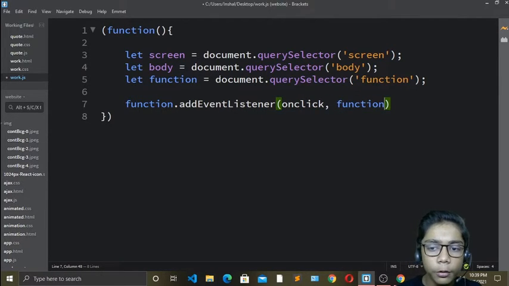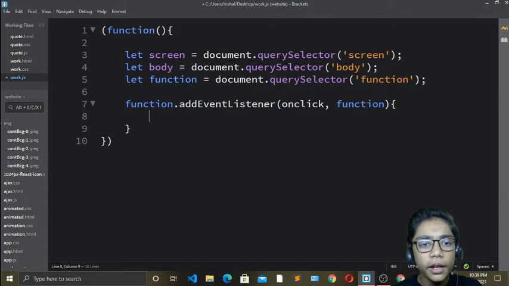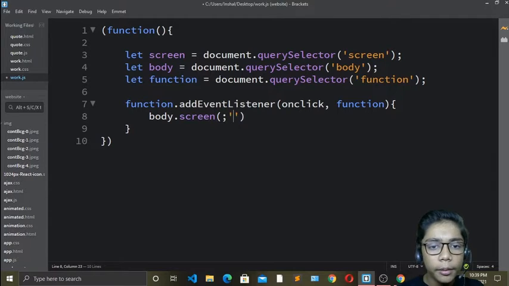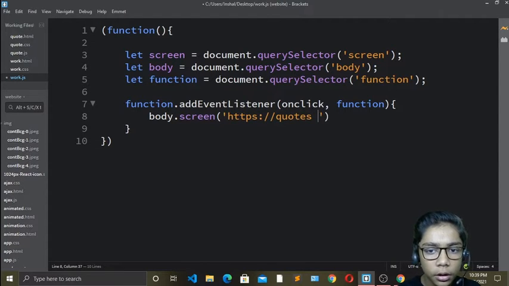Okay, so again you have to do like that. Come over here, and here I will write body dot screen, and I will just define my website over here. Okay, so with that I am just getting my codes. I will write codes.com. With that I will have all the codes from the website, and it should be random like I have shown you.